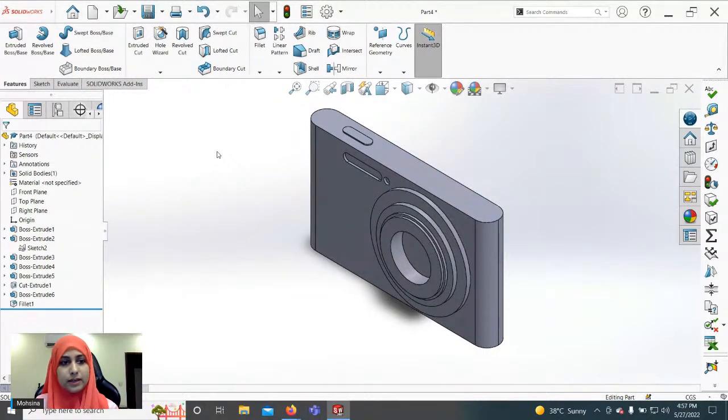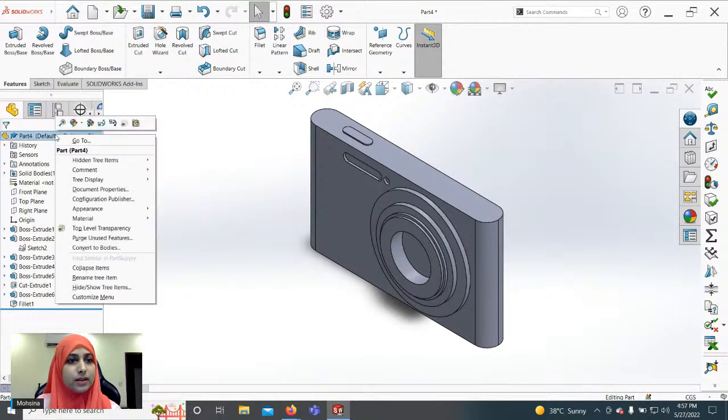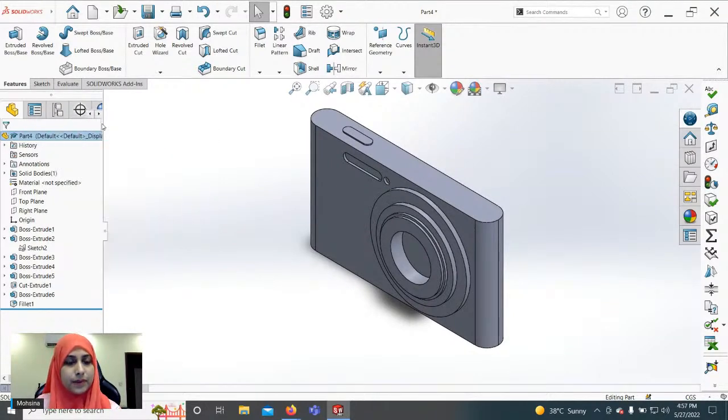One other interesting thing that needs to be discussed here is, let's right click on this and there will be two icons, dynamic reference visualization parent and dynamic reference visualization child. Let's click on parent. What this tool does is it shows links between features in the feature manager design tree.